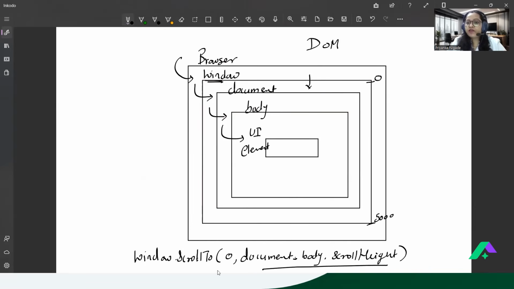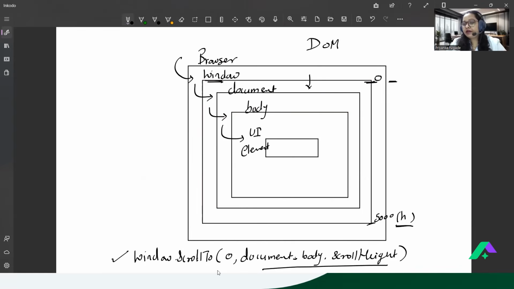So if I start from the 0th argument up to the height of that page, that means this process is called scroll down, correct? But suppose from the height of the page, if I wanted to start again and come up, then I can say this is scroll up functionality. So this is completely, guys, a JavaScript command. It's not a Selenium command. Agree?